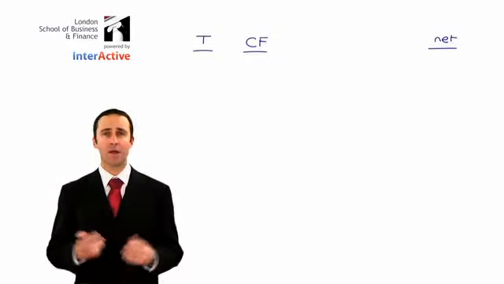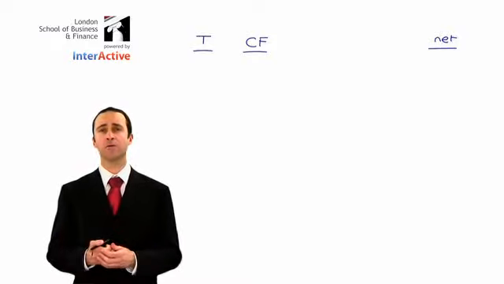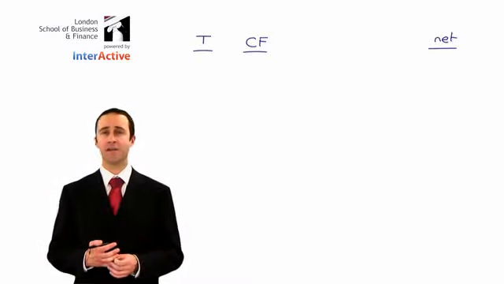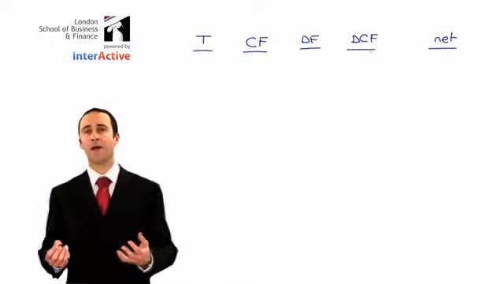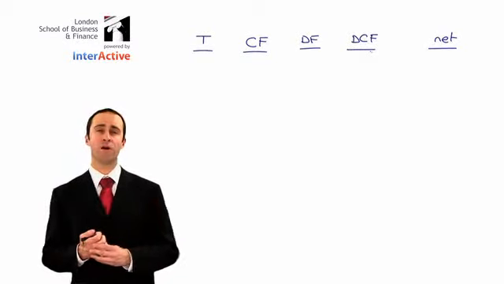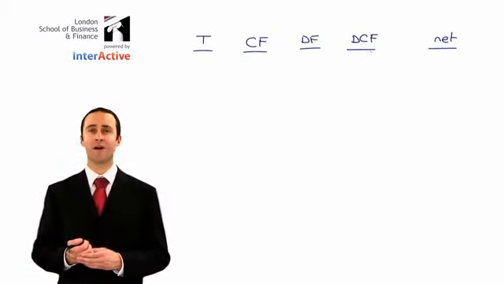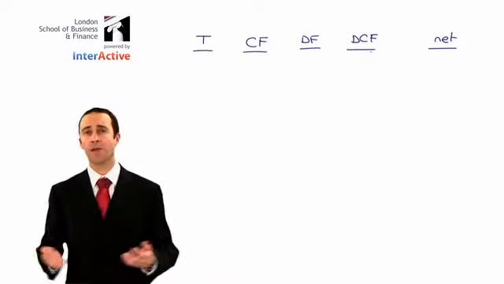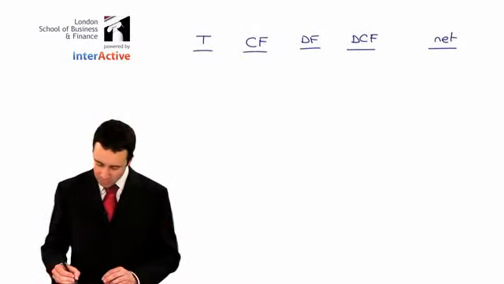then before we just had a 3-column approach. Our time period, cash flow, and then we netted off the cash flows for each of the years in question. Now, all we're going to do is put in another column which looks at your discount factor. We apply that discount factor to your cash flow to get your discounted cash flows, and then we go through and look at netting off all of those discounted cash flows to identify when we start generating positive overall net cash. So let's have a look at the example that we've got there within